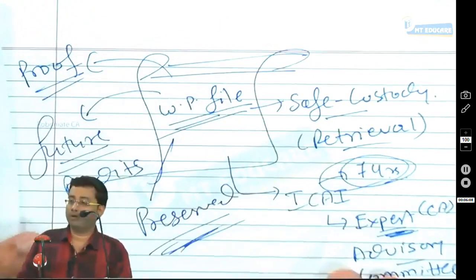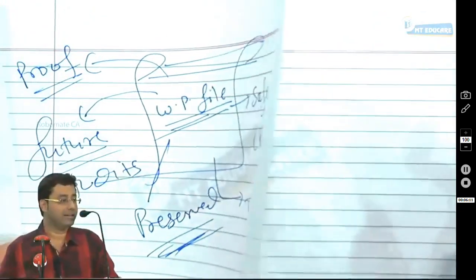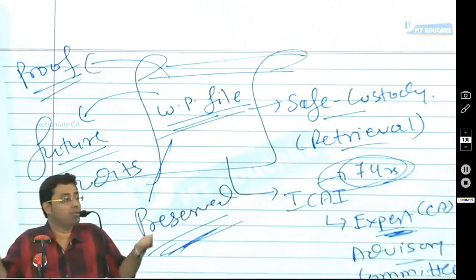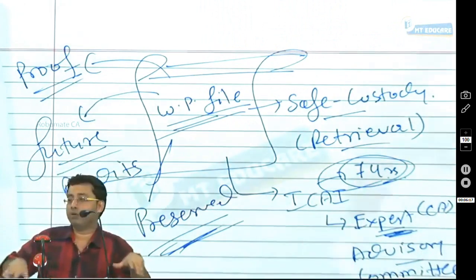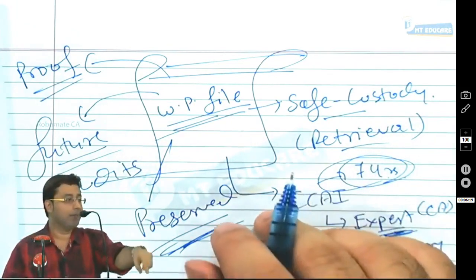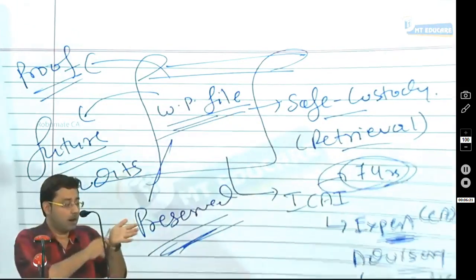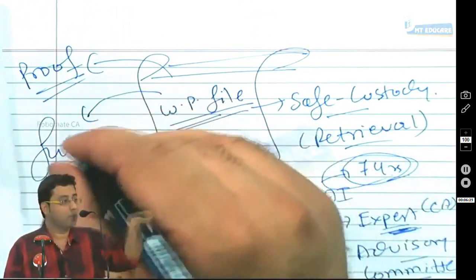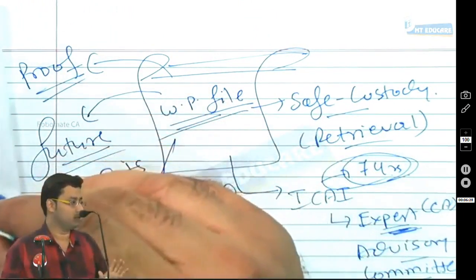What is the proof that you have done auditing? Today you are sitting in an auditing class, writing everything I'm saying. Suppose I speak for 10 hours and you listen and go away from here, what is the proof that you attended my lecture? That is why I'm making you write. So tomorrow you will say that, I attended the auditing lecture and this was taught to me. So it is a proof that you have done something during the course of audit.